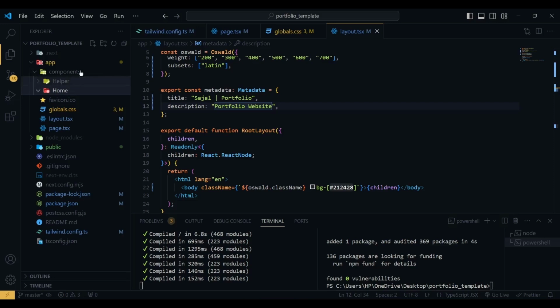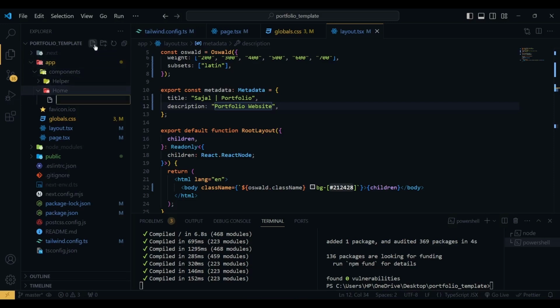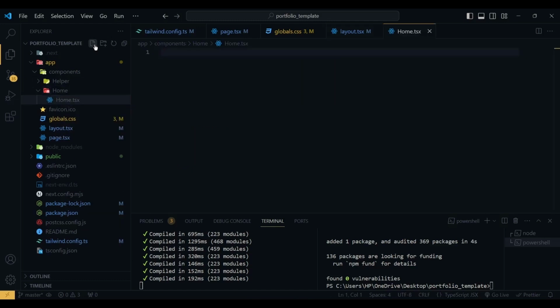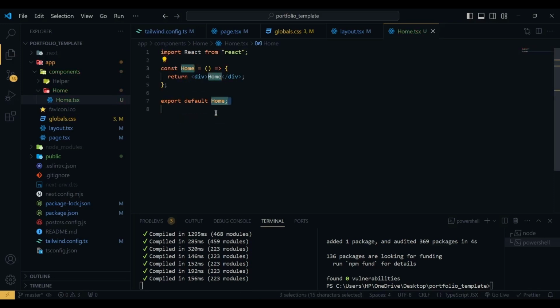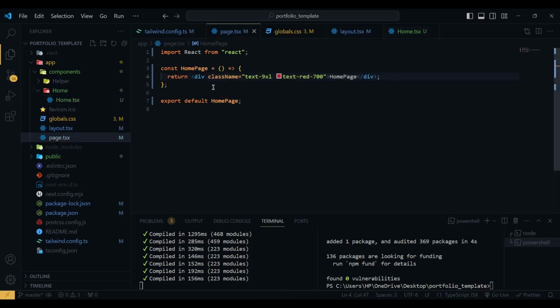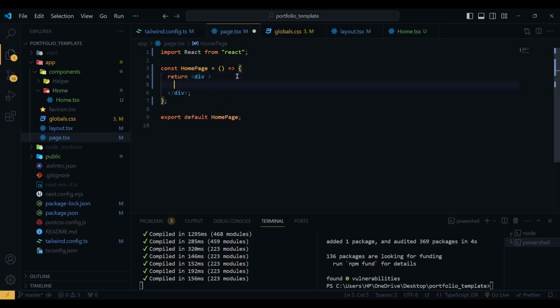So then in our home component, we will have a home.tsx. In this component, we are going to add our home page related components. Here we are going to use our home page related components, and then I'm going to add this home component in our main page component. So here in the home page, I am going to add our home component,